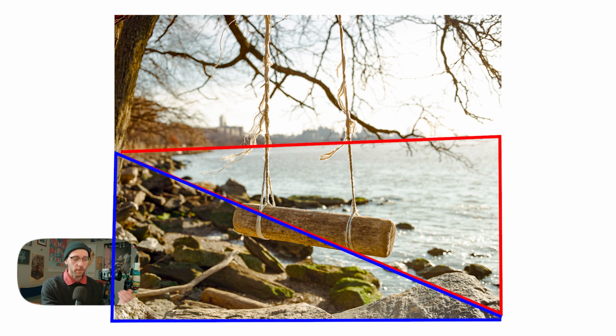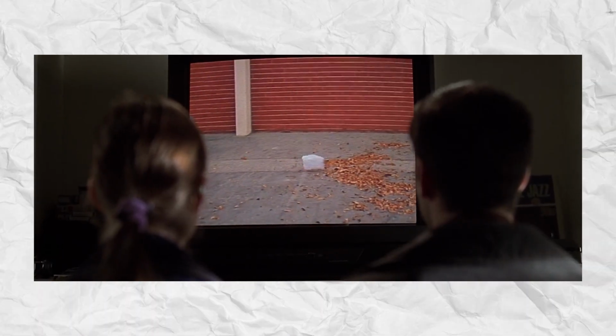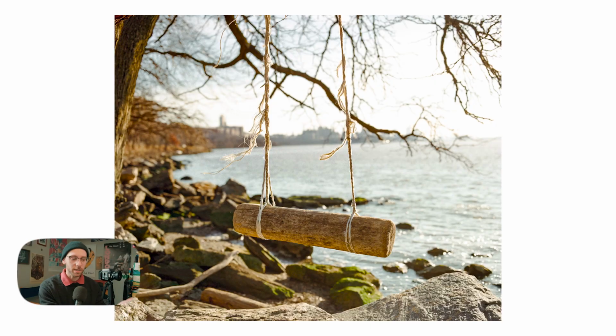And then there's what this photo makes me feel, and it's a sense of solitude, a sense of comfort and tranquility. I was rewatching the movie American Beauty recently, and that scene with the plastic bag blowing in the wind came up. You know which one I'm talking about. I feel like it's easy for people to shit on that movie and to dismiss the monologue that's given in the film as being juvenile or pretentious, but really seeing this log swing right on the edge of Manhattan,